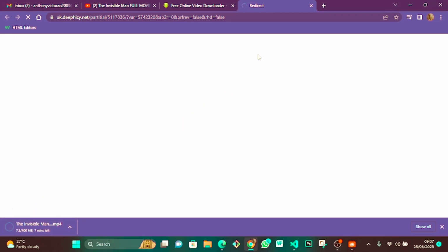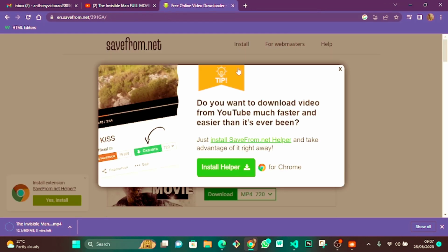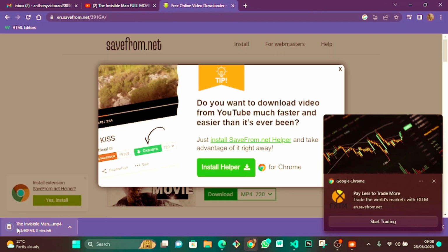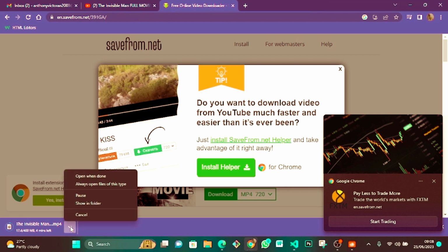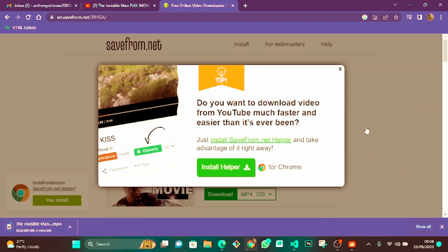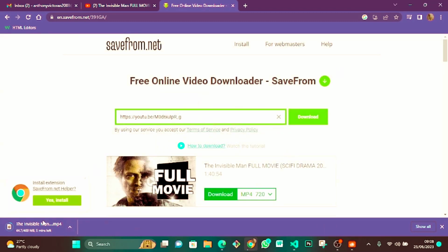Okay guys, look here. Guys, can you see my video downloading? Here I have my video downloading. At the bottom left corner of my screen, I have my video downloading. Once the video is downloaded, you can now locate it in your download folder. In your download folder, you will get to see this video downloaded, and that's where you will save the video. And after the video has downloaded, you can open it up on your system or on your